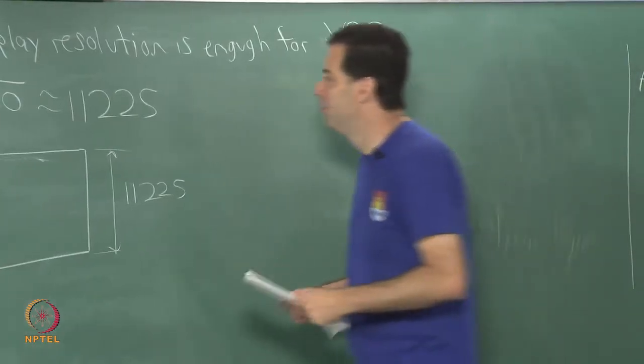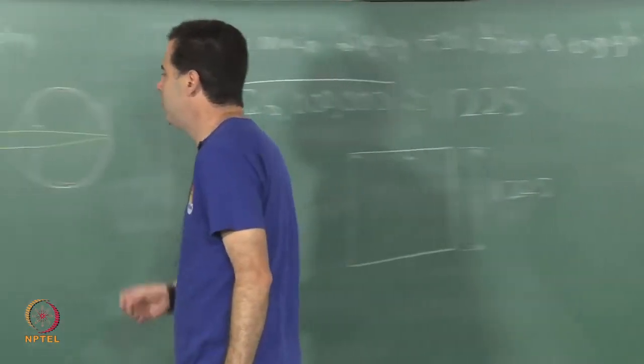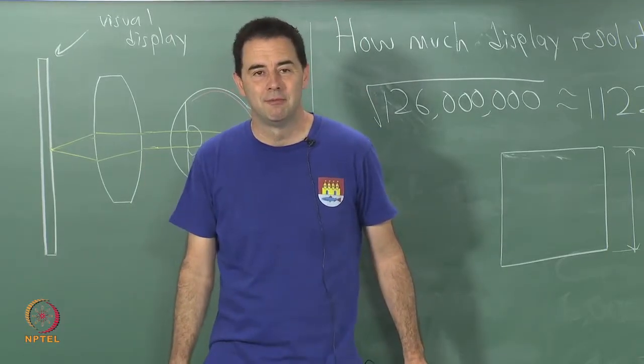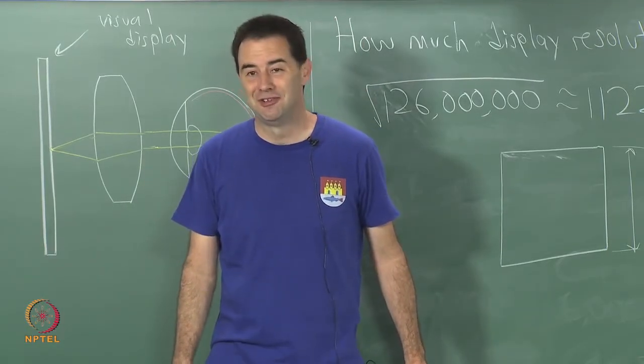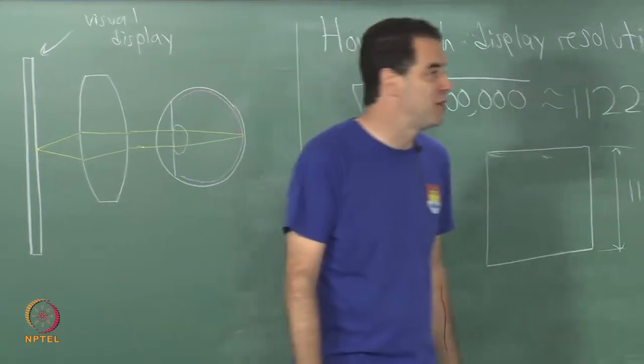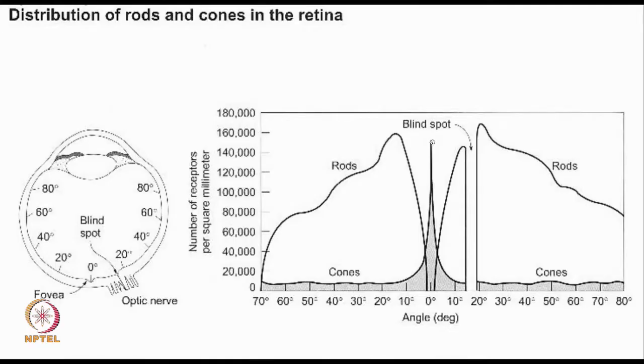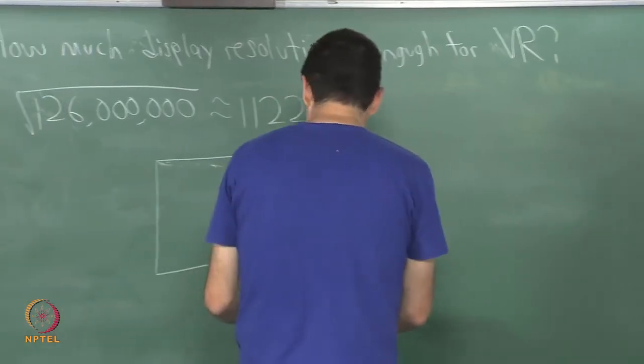If I wanted to have the total number of pixels that I present to an eye match the total number of photoreceptors. Is that even a good idea? I'm not sure. So we could adjust further and say, well, why don't I just take the area of highest visual acuity, which is around here, because I'm going to have the fovea, let's say, aimed at the place where I'm looking most of the time. So why don't I say, okay, that's going to be the place where I'm going to be looking for pixels, so maybe I should use that, right? So I could make a